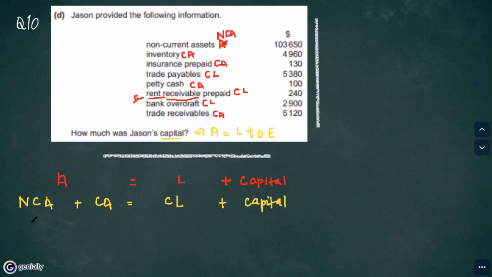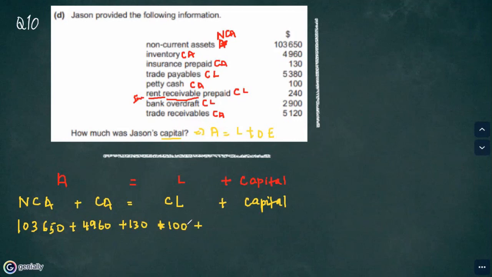Now, what's our non-current asset? Non-current asset is 103,650 plus current asset, which is inventory 4,960, plus insurance prepaid 130, plus petty cash, which is 100,